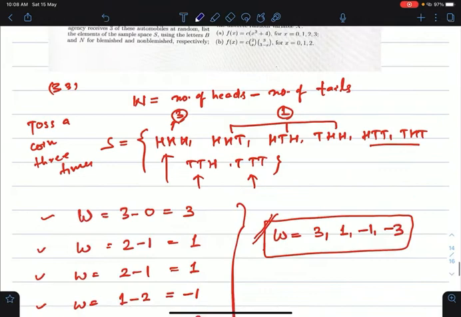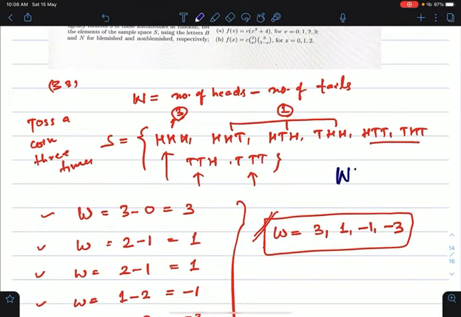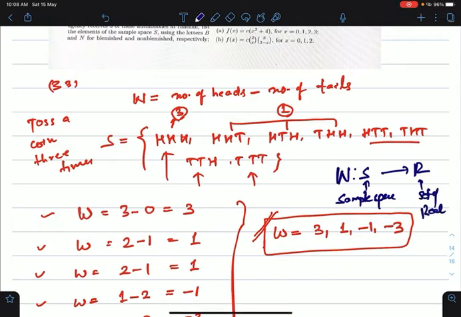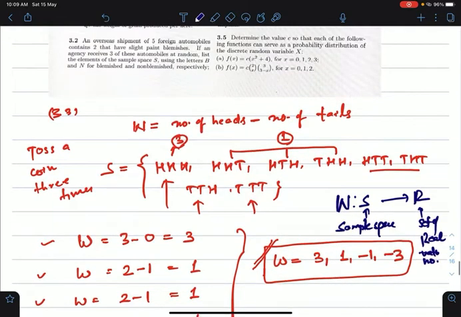And you know that if W is a random variable, then it is defined like this: here S is a sample space, and R is nothing but the set of real numbers. So you will assign a real value to each outcome of the sample space. Real values or numbers, right? So let us see. They have defined W as the number of heads minus the number